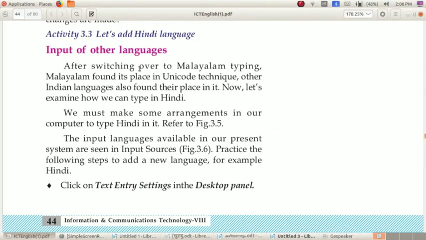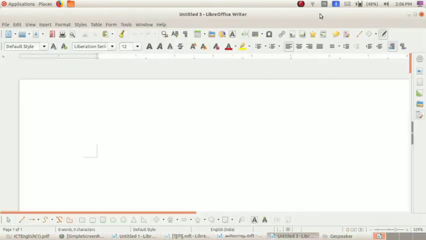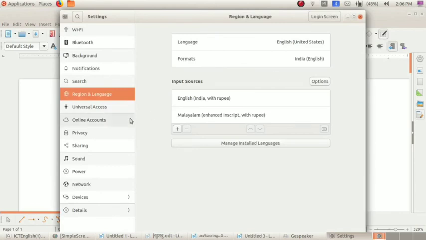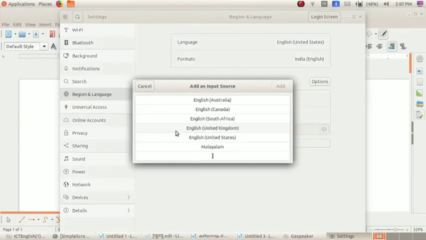Next, activity 3.3, let us add Hindi language. For adding Hindi, you can see here in the keyboard indicator only English and Malayalam. Now, we want to add an extra language, that is Hindi. For that, select text entry settings. Here, you can see region and language.